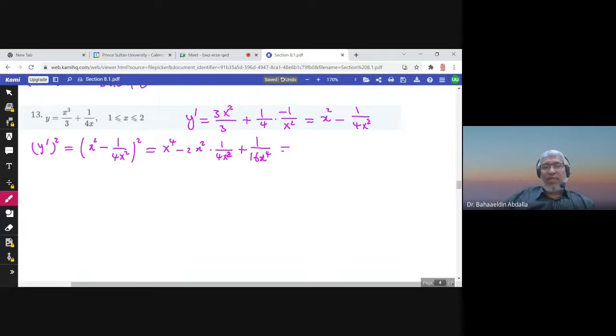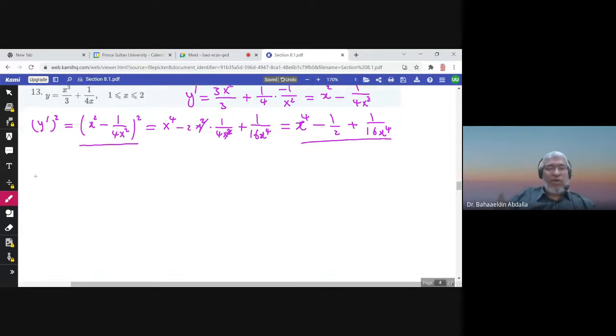Now you can see that I have x to the power 4, and here x squared cancels with x squared, and negative 2 over 4 is just negative half, plus 1 over 16 x to the power 4. So think of this now. These three terms can be written as a perfect square like this,